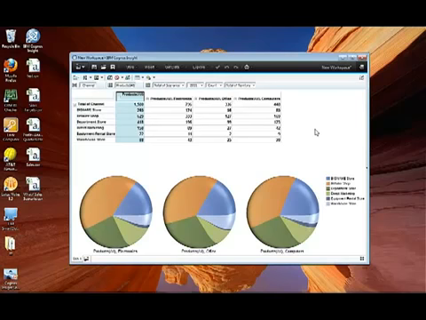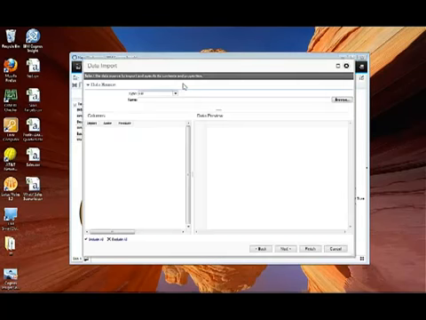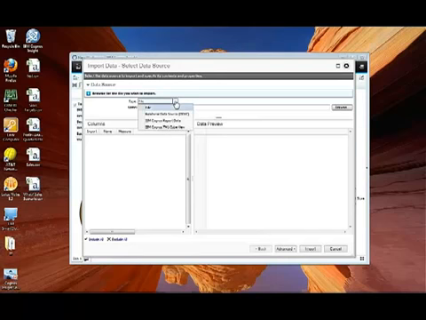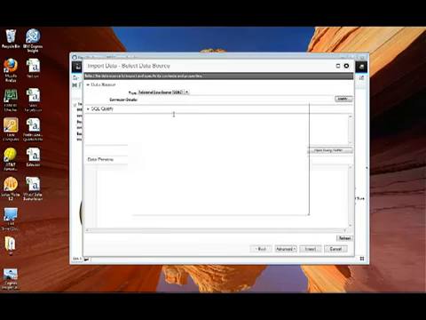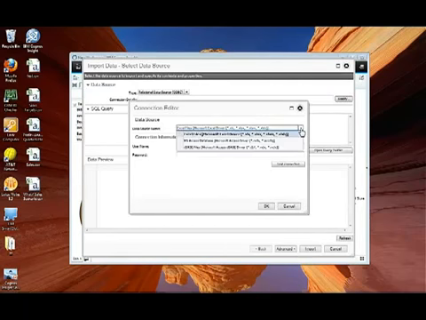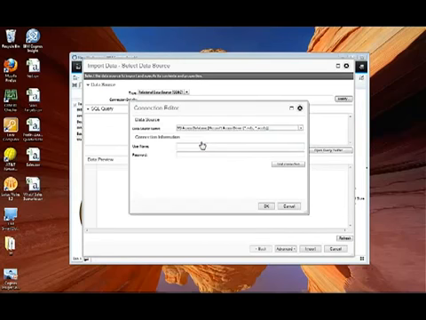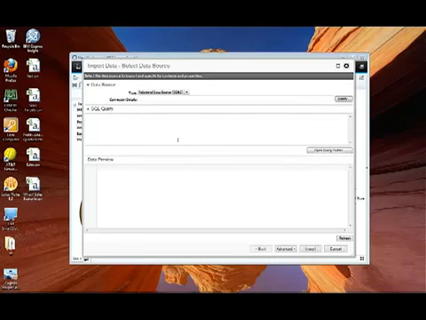Now there is more. You may ask yourself, I'm sure you do, can I just read CSV files? Of course not. You can import data from different sources. The first one is indeed a file, but you can also have a relational data source, which means through an ODBC I can connect to any database that I may have. It could be an Access database, but of course it could be Oracle, it could be SQL Server, anything that I have an ODBC for. I can connect here and test the connection,